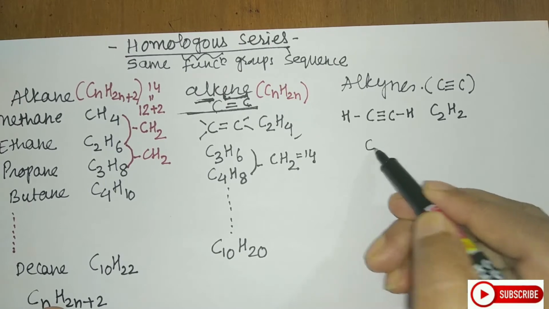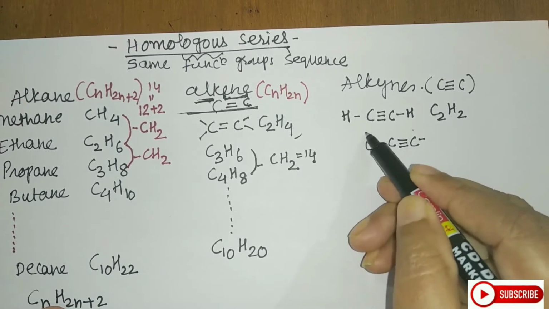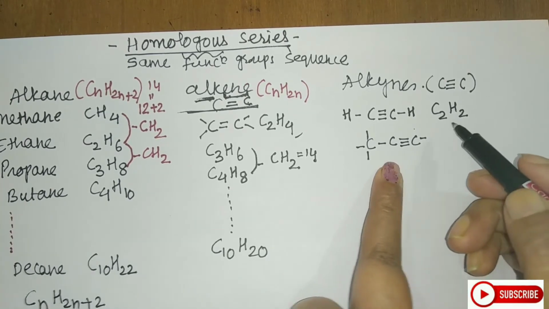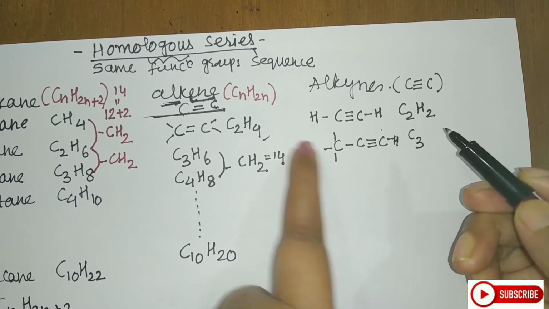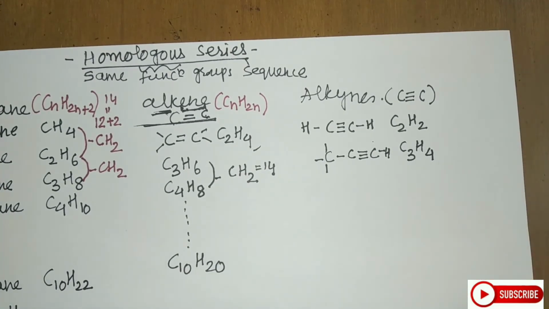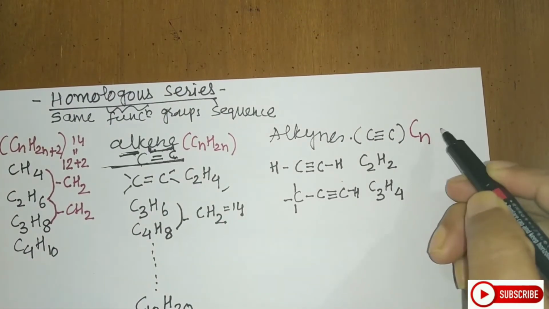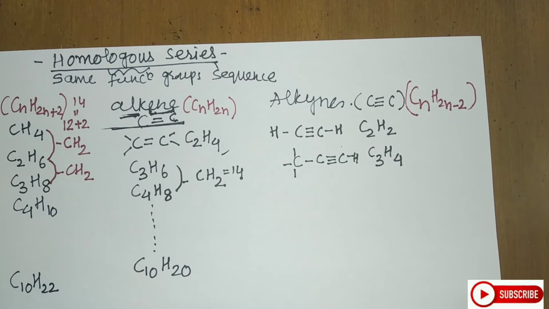So it will be C. At any location you can substitute the triple bond, so the molecule will be in this way. Now what is the compound which is formed here? Let me write the condensed formula. So it will be C3, 1 hydrogen here, so 1 and this 4, so C3H4. Now what is the formula for this, students? The formula for this is CnH2n minus 2. So this is for alkynes.